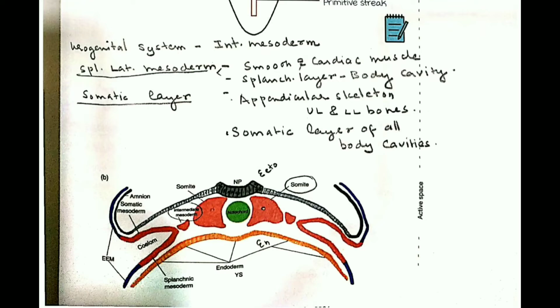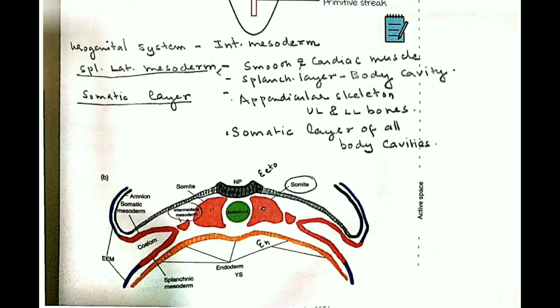So in this diagram, we can see the different layers: the endoderm, the ectoderm, and the mesoderm. In the mesoderm, we can see the subdivisions: the notochord in the center, and near the notochord we have the paraxial mesoderm, and this paraxial mesoderm is then forming somites. I'll talk about that. And after the paraxial mesoderm, we have the intermediate mesoderm, from which the urogenital system